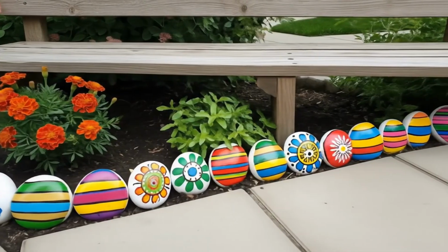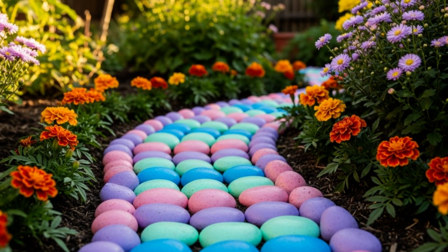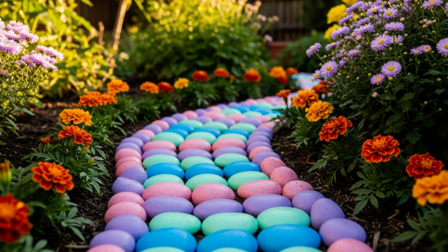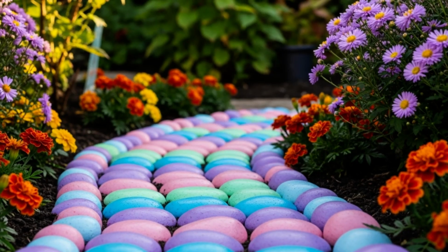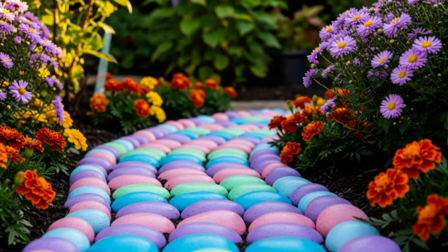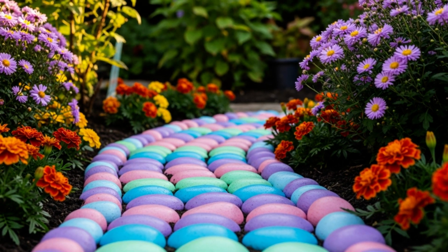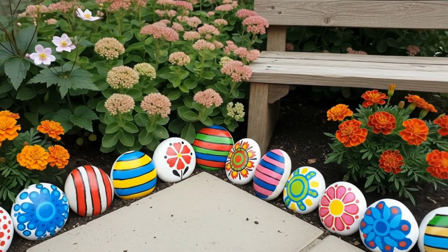In a farmhouse-inspired garden or a tiny urban patio, this edging whispers of thrift and creativity. It is not an expensive design, nor is it demanding in labor. It is the hand of the gardener, holding a brush, painting each stone with patience, letting imagination bloom as much as the flowers. And so, what was once a plain pebble becomes a symbol of possibility, a tiny jewel set